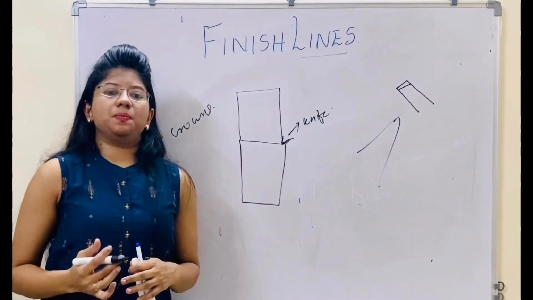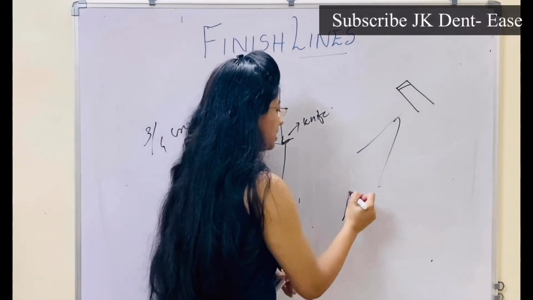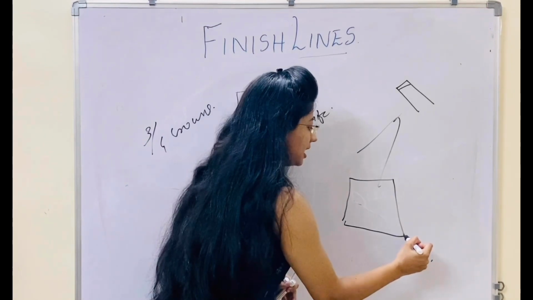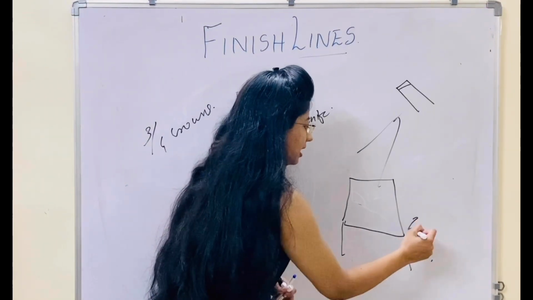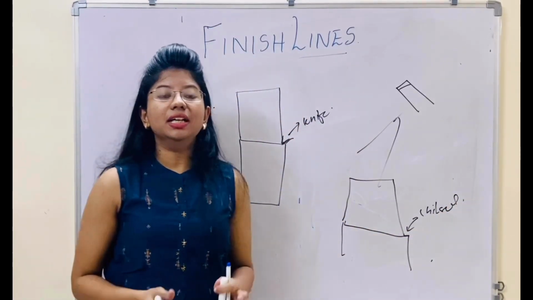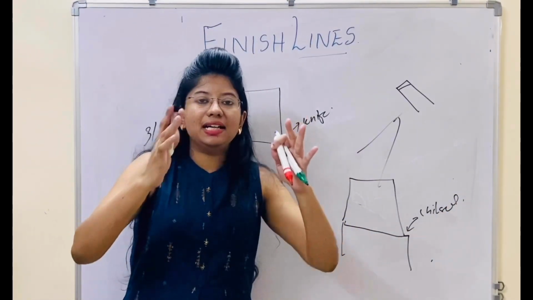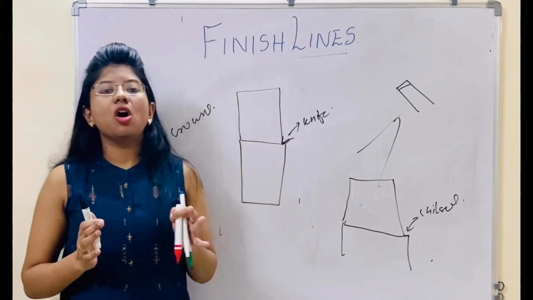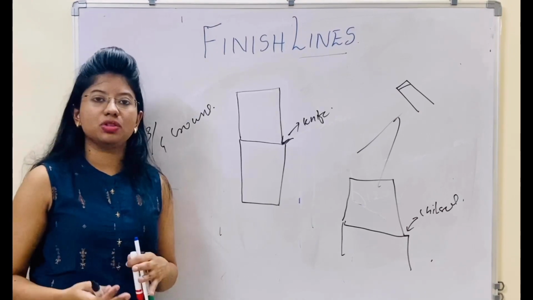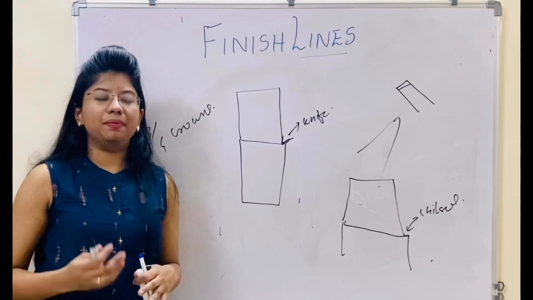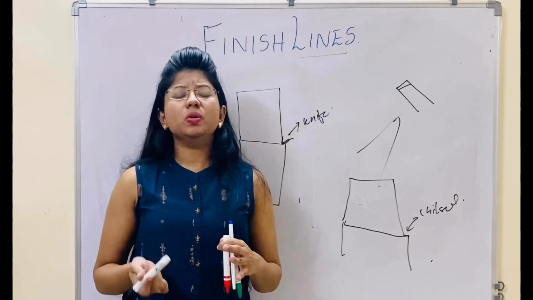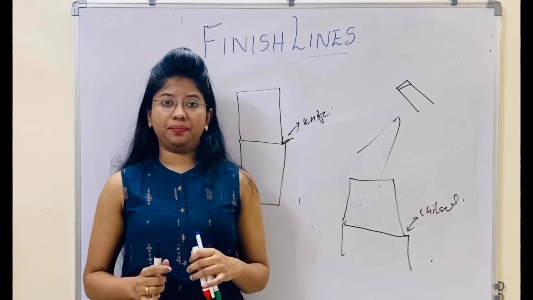Chisel edge, where it is preferred? If you see, when there is excessive taper of the crown, there is a taper. In that case, we are giving a chisel end of margin, so that we can maintain the adequate support in that taper, because the excessive taper teeth or taper preparation is not acceptable. We will go for a chisel margin in cases of tilted or tapered preparations. So this was about the margins and how you decide where to give which margin.